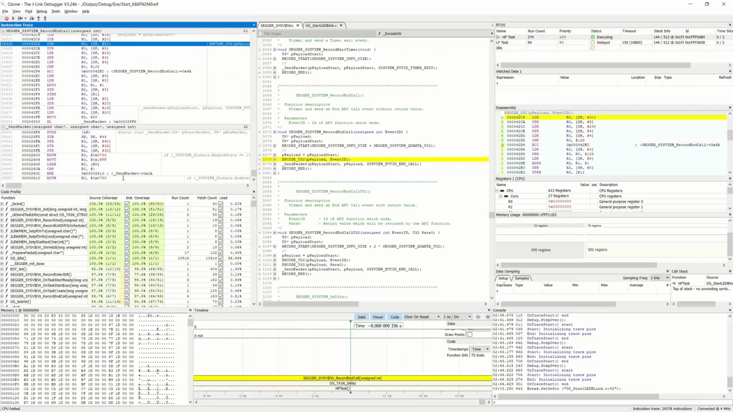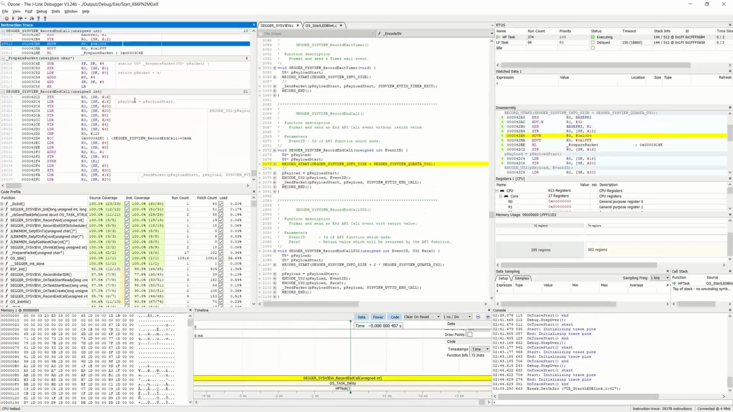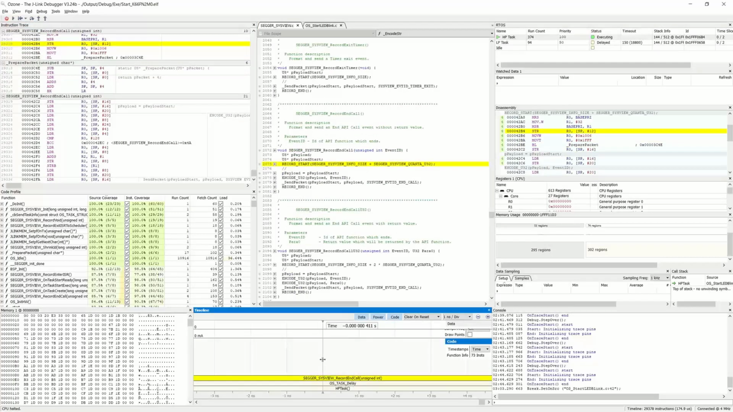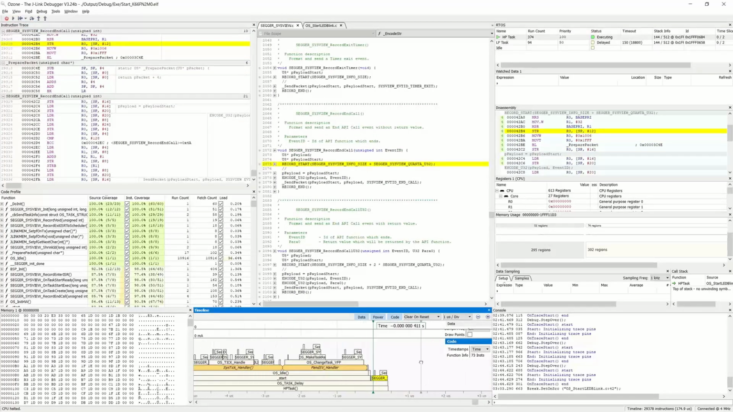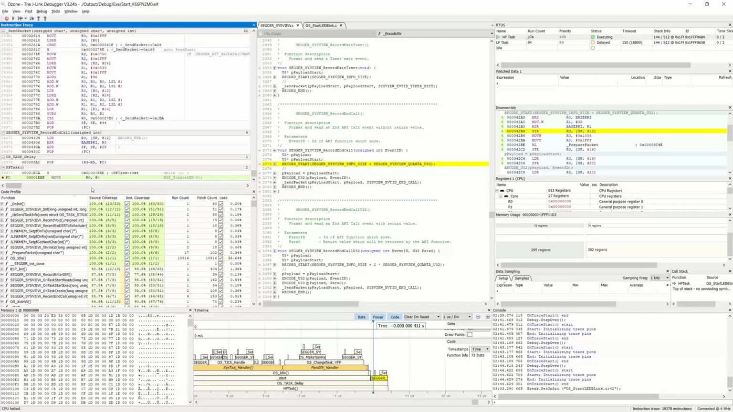And you can see that the instruction trace and the source code and the disassembly window, as well as the timeline, are all in sync. So you get great visibility into what was actually going on before you hit the breakpoint. And over here in the code profiling, you can use that to find where your application is spending most of its time,